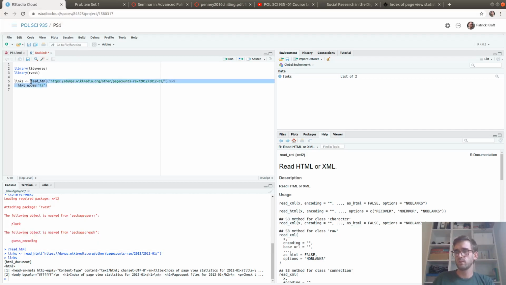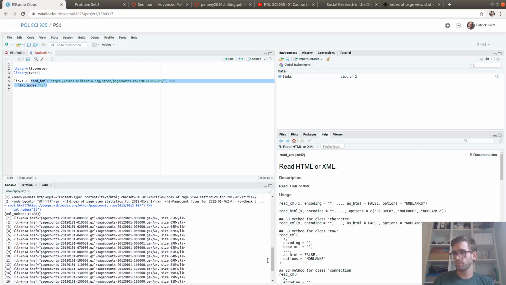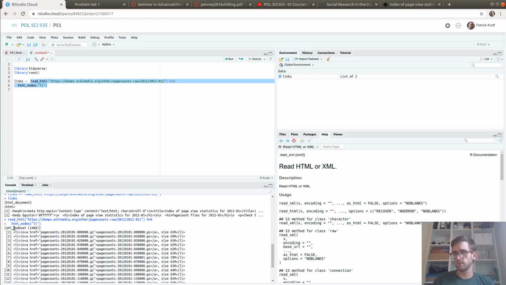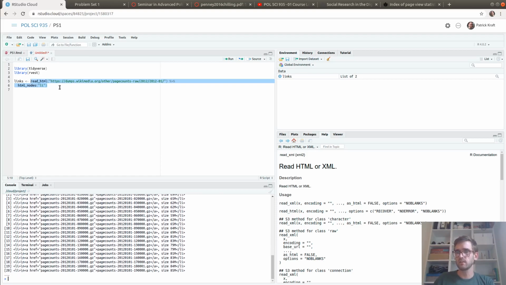Now, if we just run this, then the result will not be just the entire website like here. Ultimately, it's just what is called an XML node set, and it includes all the links and or all the kind of link tags, li tags, and the href, so the actual HTML link. Okay. So we're not actually interested in the li or all the HTML stuff, right? So in order to extract that,